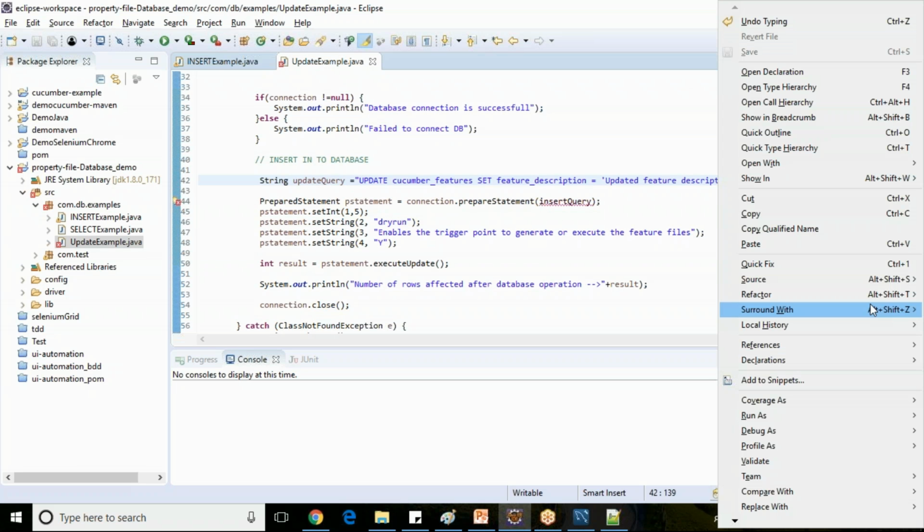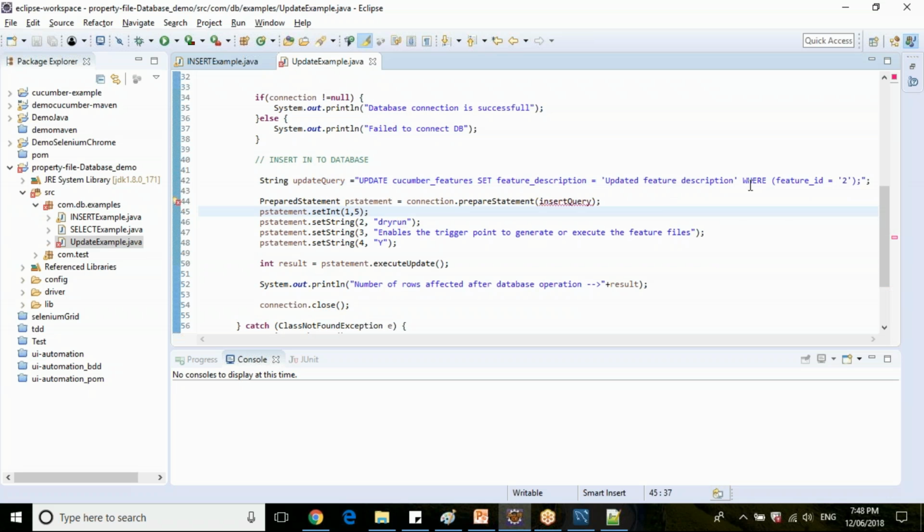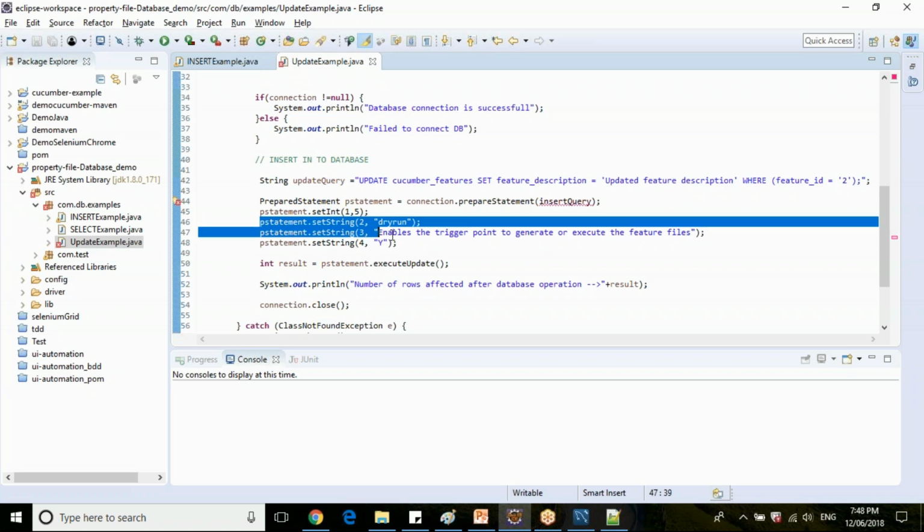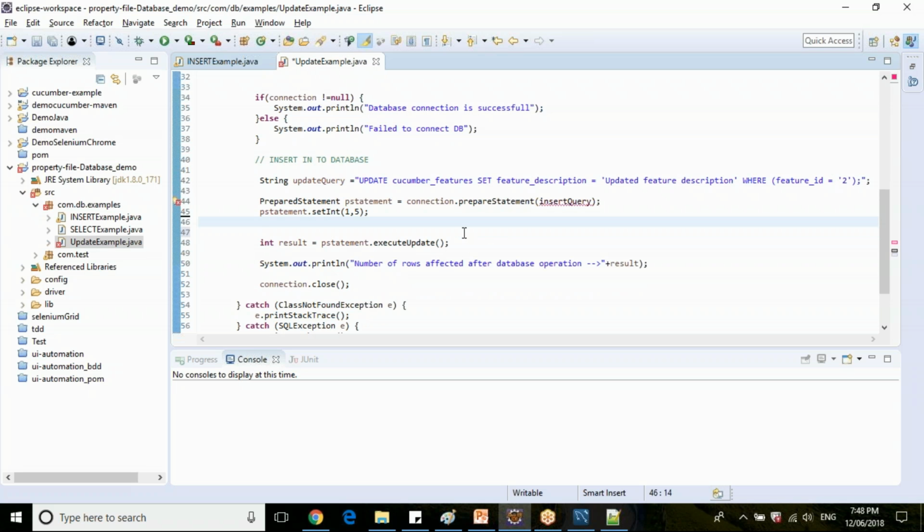So what exactly do we need to do? We need to use a prepare statement. Can you use a prepare statement for one parameter? Yes, you can use a prepare statement for one parameter also.